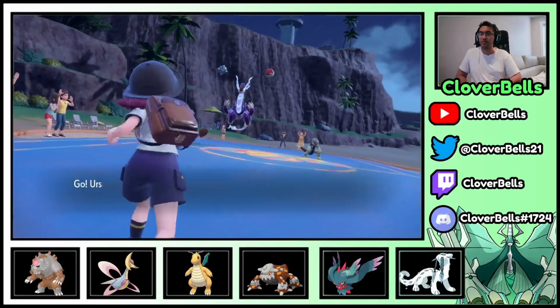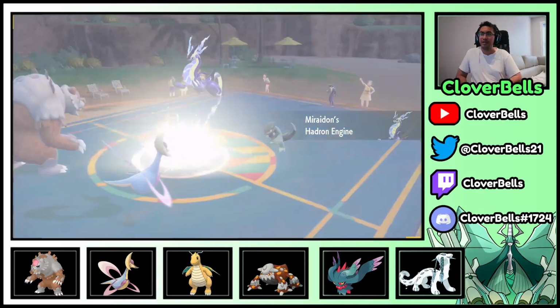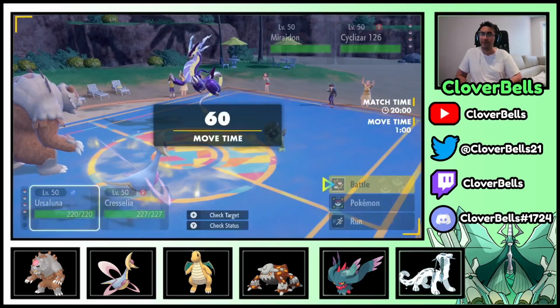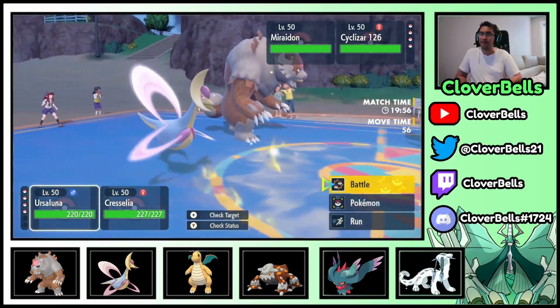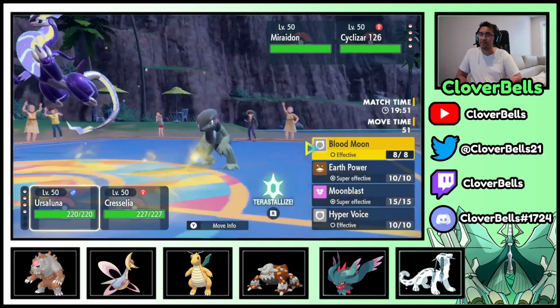Miraidon and Cyclizar. Oh my goodness. Alright, you already know what that thing's going to do. He's going to, you know, pivot out. And again, there's the Heatran engine. We do have ice coverage for that, so that's pretty good. Now, he does have... I don't know if he has... But either way,